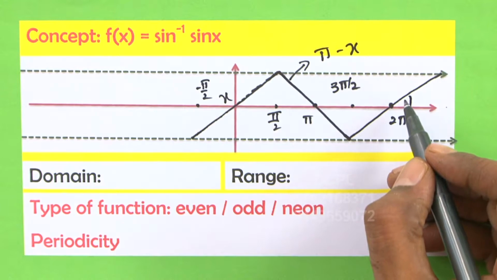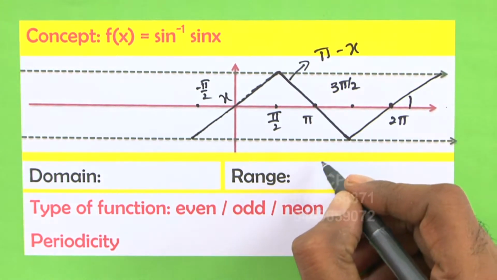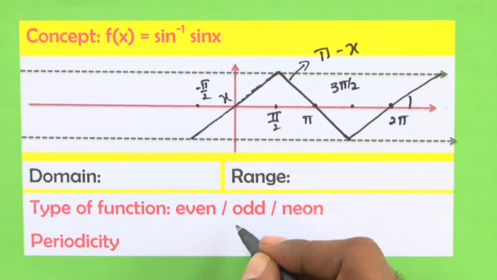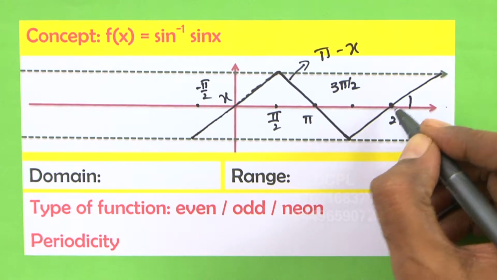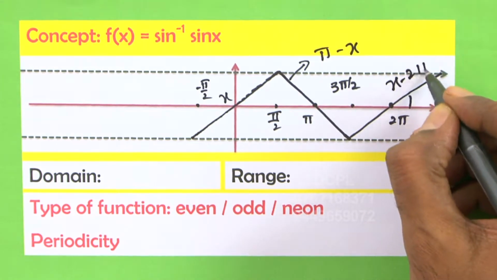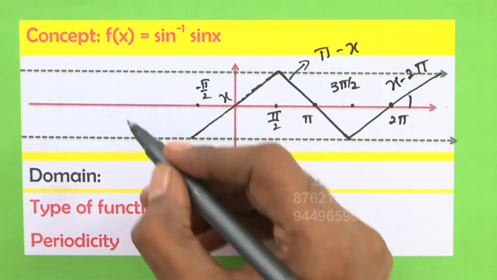Therefore, it should be of the form x plus or minus something. So, you can see, dear students, the line meets y-axis at a negative point at clearly minus 2 pi. Therefore, this is x minus 2 pi. This is pi minus x. Now, again,